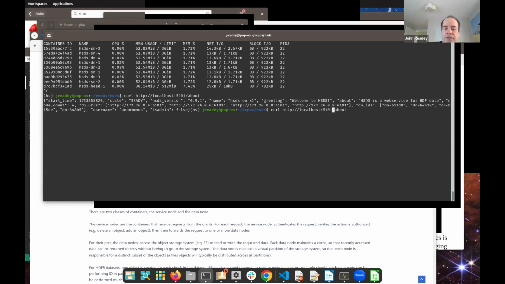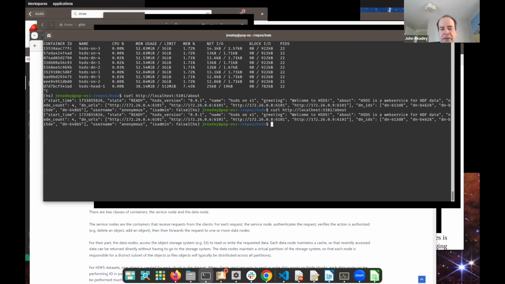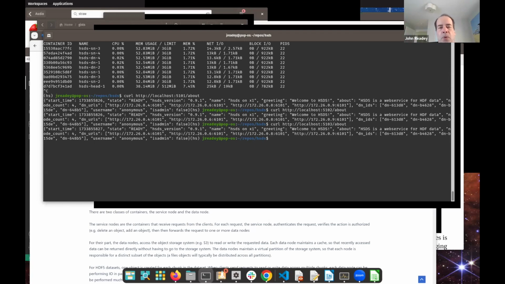But then port 5102 would be the other SN container, and 5103, and so on, right? So you have these 4 SNs all looking at a different port. And to take advantage of these multiple SNs, you need to specify the endpoint that your process will be talking to. So if we go back to the code now,